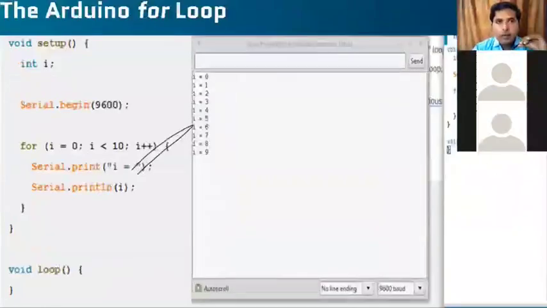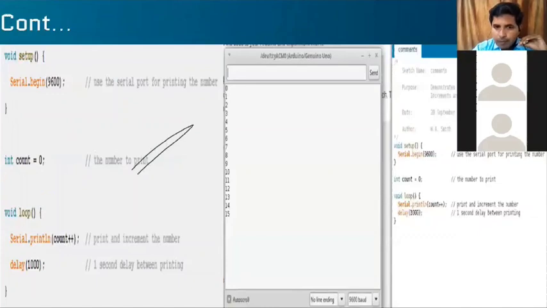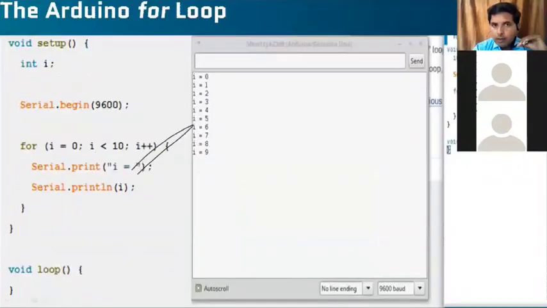Next, we'll go with the for loop, and how to use it. Again, I'm using a for loop here. Don't get confused. In the previous program, I was repeating my value continuously, and for that reason I wrote it in the loop. In the Arduino, here I am writing it in the setup because my answer stops at a certain value. See, after 9, my value is not repeating.